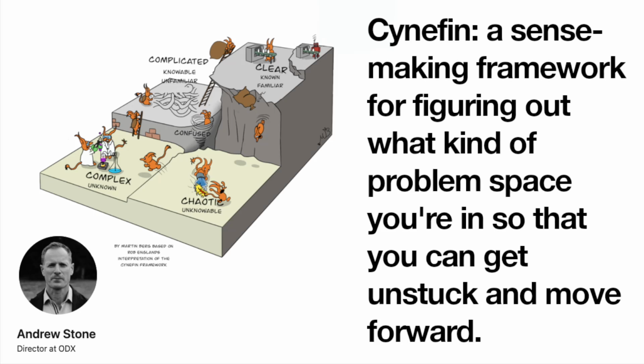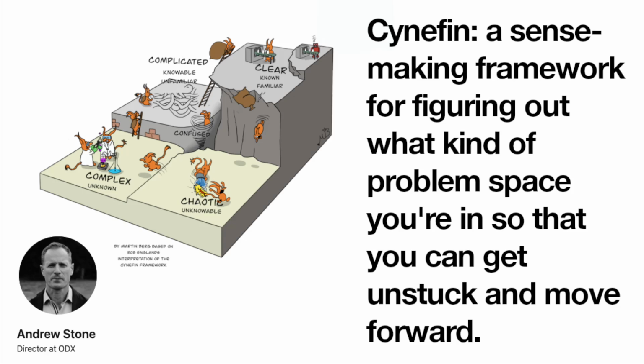And that means the action sequence has to flip completely. It feels counterintuitive, but it's probe, sense, respond. You don't analyze a complex system. You have to probe it. And patiently let the path forward reveal itself. And this is key. You have to run parallel, safe-to-fail probes, not one big sequential experiment. Why parallel? Because in a complex system, the environment itself is changing while you're running your test. So by the time you finish testing option A, the world has changed, and the results are irrelevant for option B. You have to run lots of small, low-risk probes at the same time and see what patterns emerge.